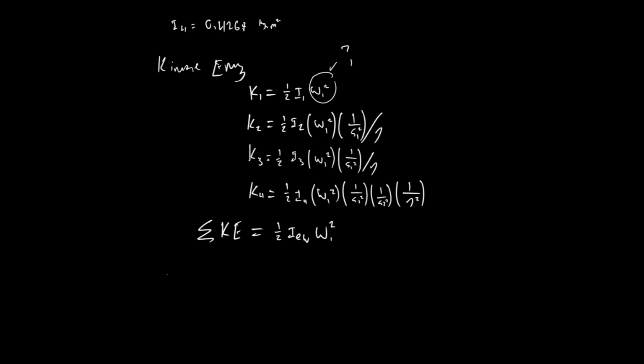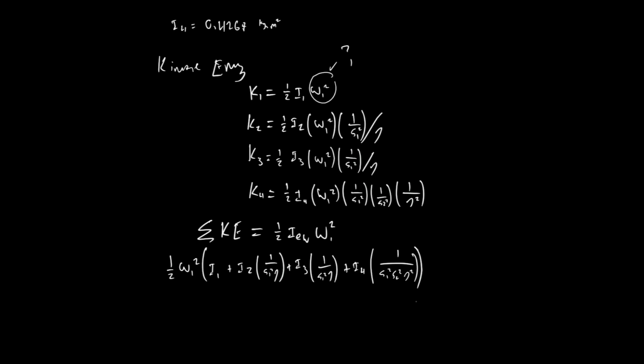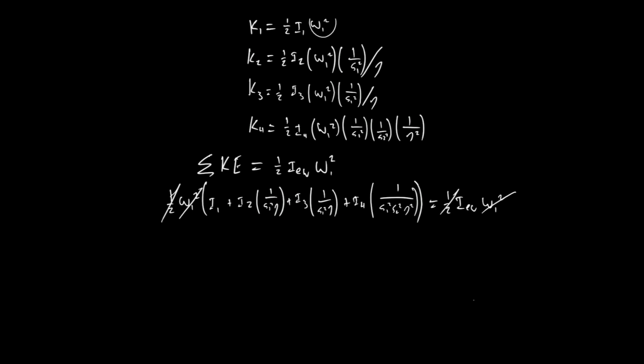Let's see. We have a common factor of 1/2 omega 1 squared. And the summation of kinetic energies, we're going to have I1 plus I2 1 over G1 squared eta plus I3 1 over G1 squared eta plus I4 1 over G1 squared G2 squared eta squared. And again, that's just a purely mathematical relation, equals 1/2 equivalent inertia omega 1 squared. So we see this common factor of omega 1 squared does drop out. And we now know our equivalent inertia as seen by the input shaft. So I equivalent equals